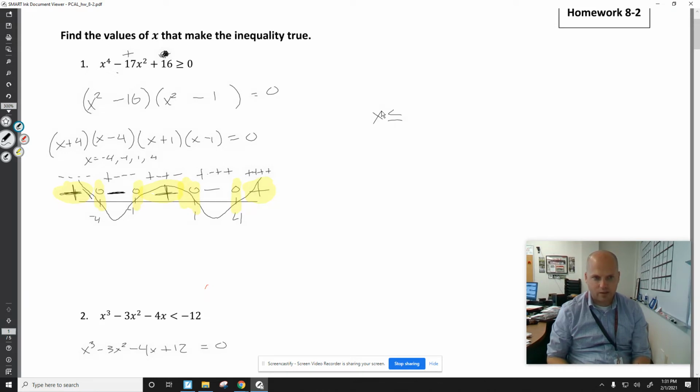So I would say there's two different ways. x is less than or equal to -4. x is greater than or equal to -1 and less than or equal to 1. x is greater than or equal to 4. There's one way. You could say